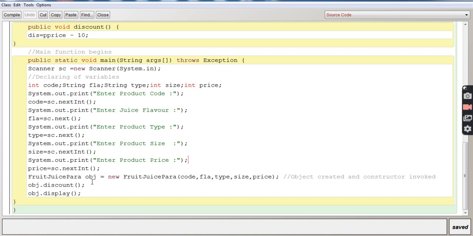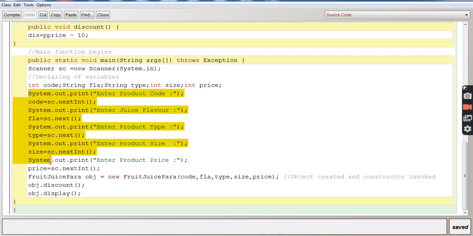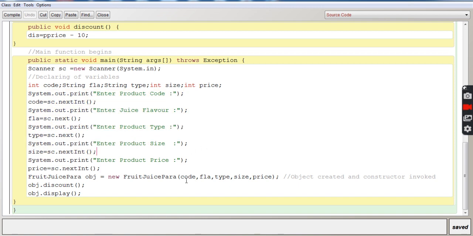Once the object is created over here, obj, and these are the parameters. From the actual parameters, we are going to send them to the formal parameters. As it is a parameterized program, you have to give the parameters over here within the brackets, and these parameters are whatever we entered over here: the same code, flavor, type, size, and price.